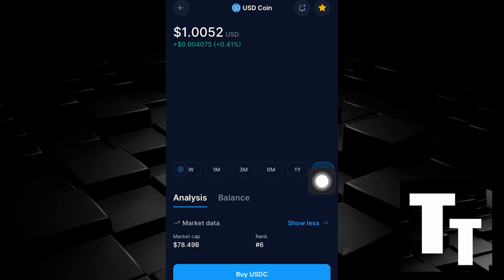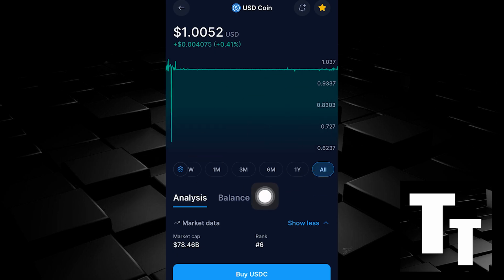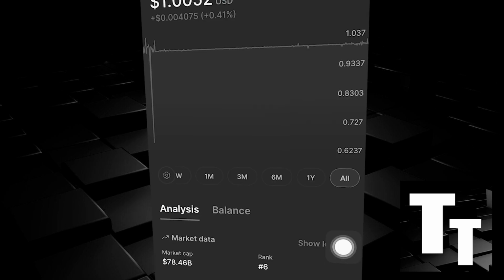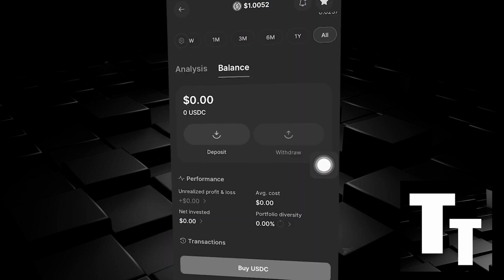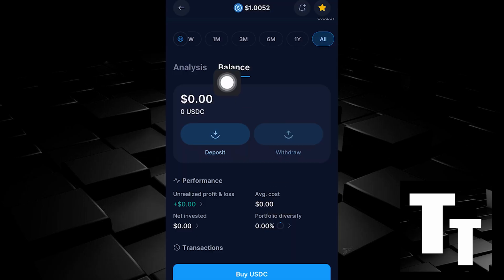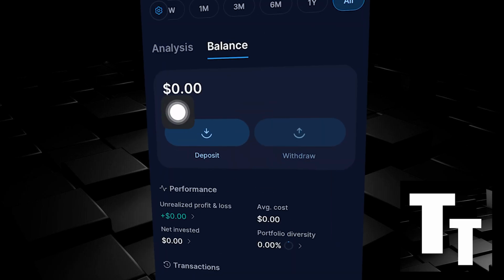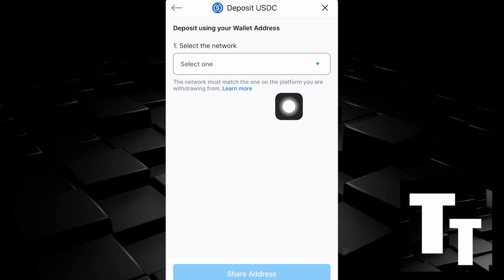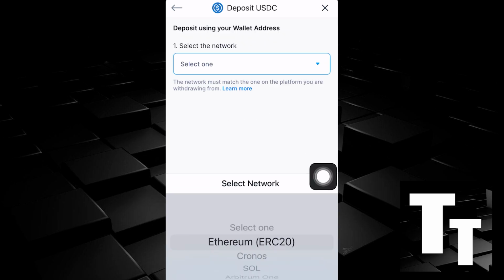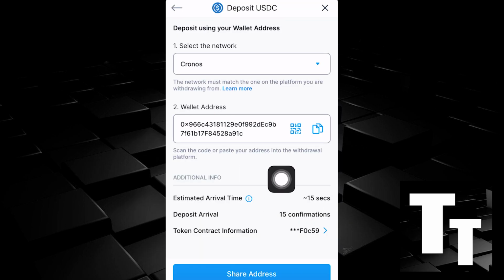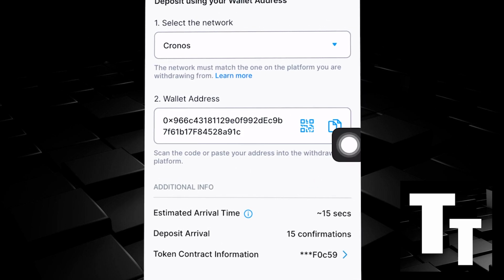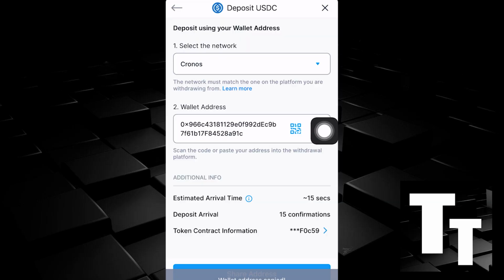Simply put, if you want to successfully receive this free USDC coin in crypto.com, as you can see, if you scroll down, you can see the analysis of this cryptocurrency. You can access the balance, and to receive it, you want to click right here where it says deposit. Click here in the middle hand screen to select the network of your choice. Click on done or okay. You should see the wallet address right here on the right hand screen. If you click the two folder icons, your wallet address has been copied, and then